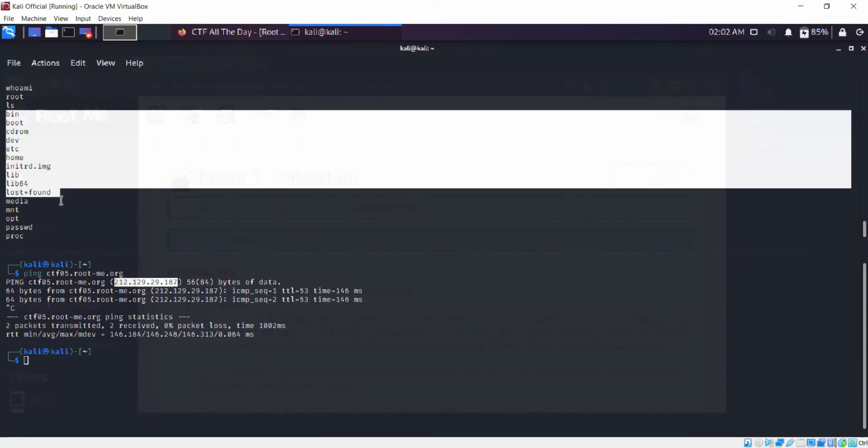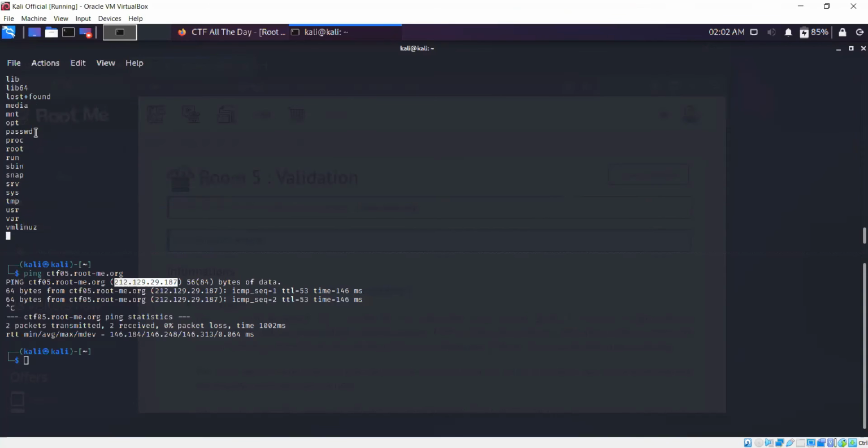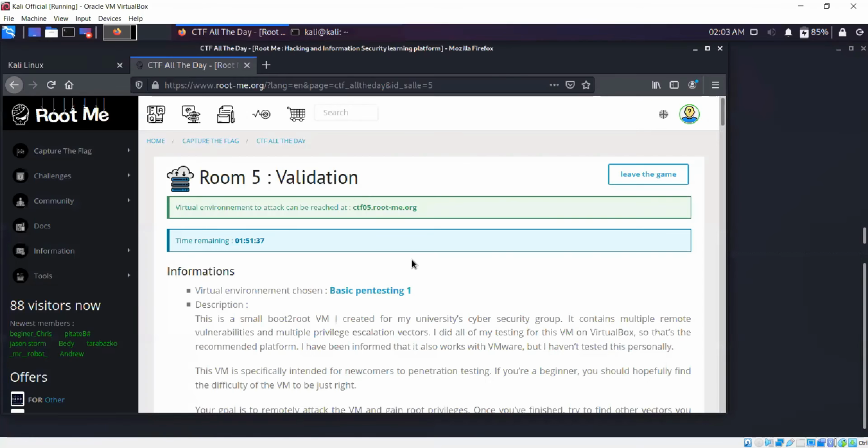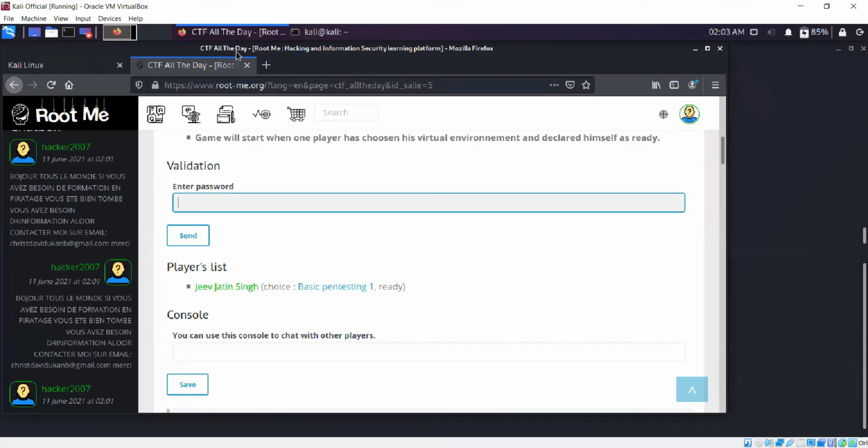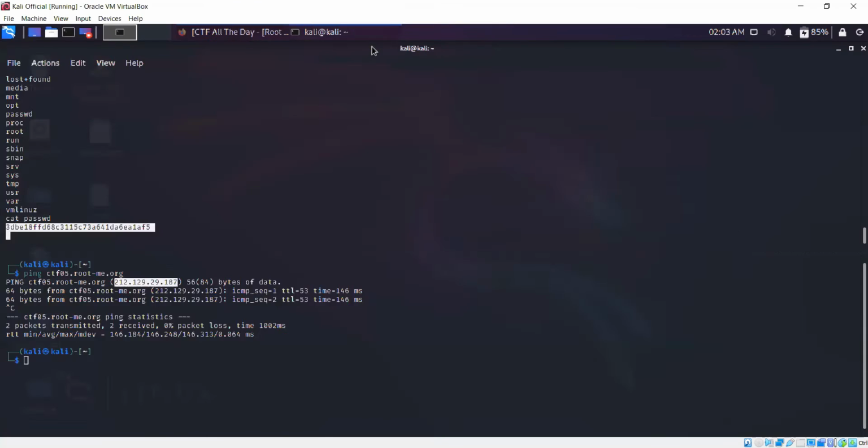Starting from here, these are all the directories or the files. Now there's a password file here. Again, this is specific to this VM. The point is, we have broken into the machine. We have full access to the machine, and we can do anything we want. So just for the sake of it, cat to display the contents of the file, password. Now this is the password, which is the flag for this particular competition, the CTF. Normally you would enter the flag here, but we're not doing that for now because I just wanted to demonstrate.